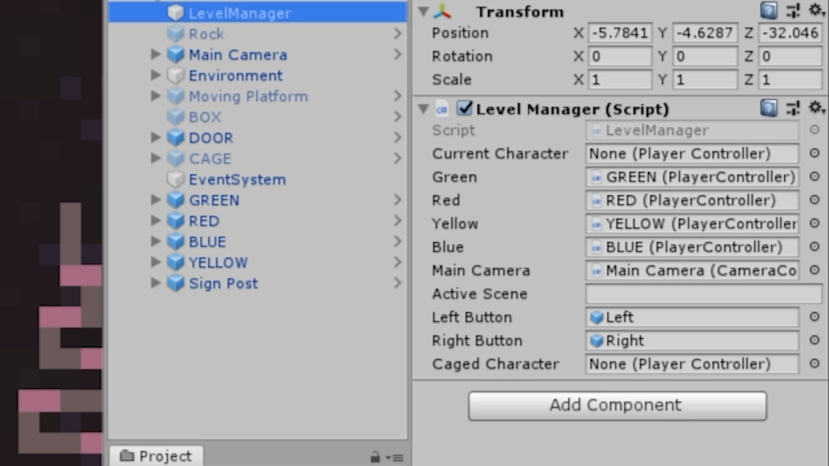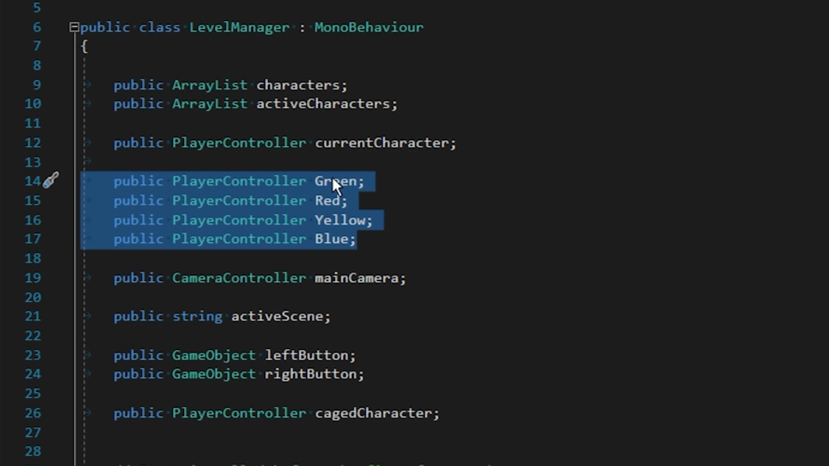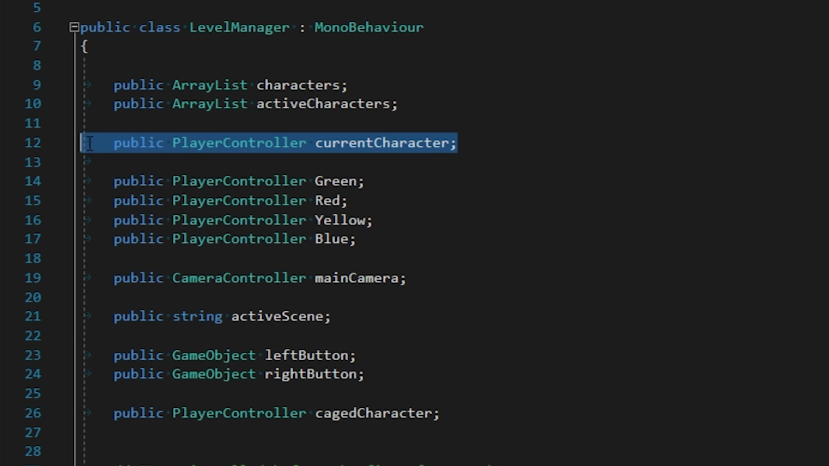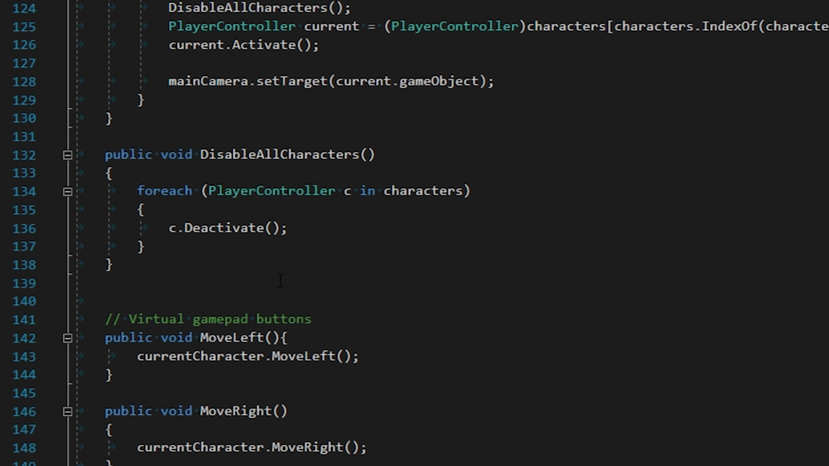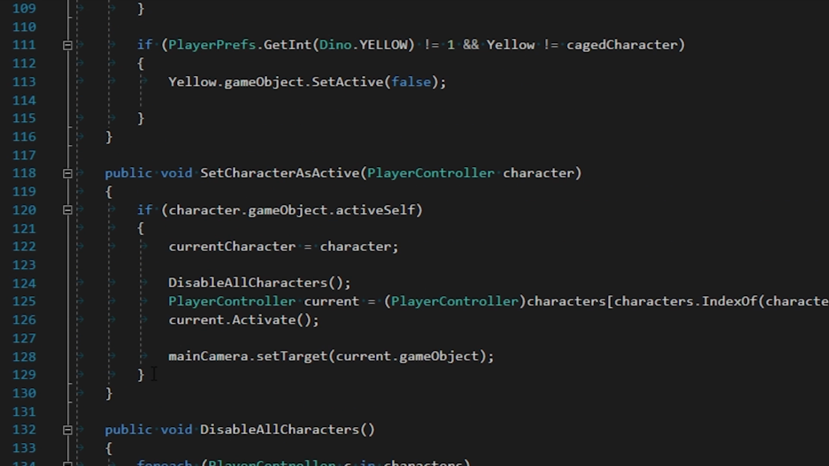So what that really means is I created something called a level manager. The level manager sits in the level, and it has a reference to each of these dinosaurs, as well as a setting for the current one. And all the code really does is deactivate all of them, and then activate the one that you want. What we have here is a reference to each dinosaur, and then a variable for the current playable dinosaur. The method we use is that we deactivate all of them on load,